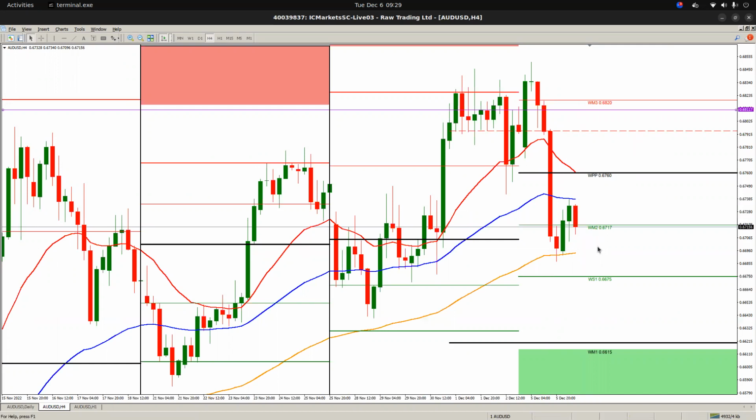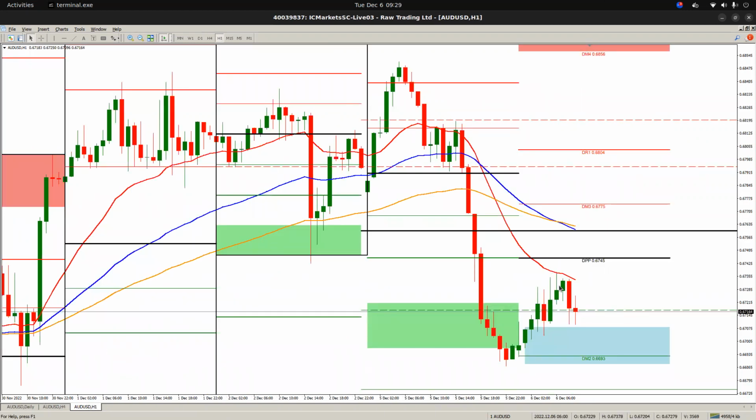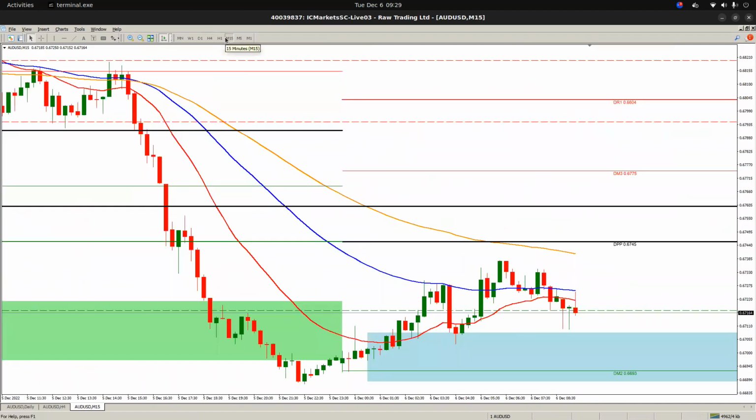Sure. But instead of focusing on where price is going to close and how price is going to close, rather focus on looking at the bias candle. So at the close of this candle, look and see, has price closed at role reversal? You could also use bottom of the range, but then if price closes bottom of the range, you must move over to a lower time frame and find an indication where you've got role reversal.